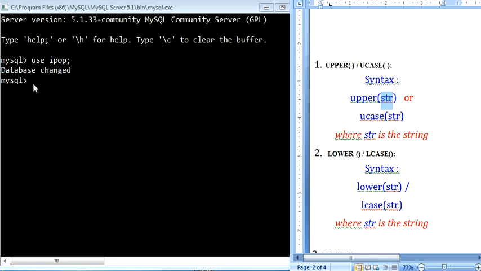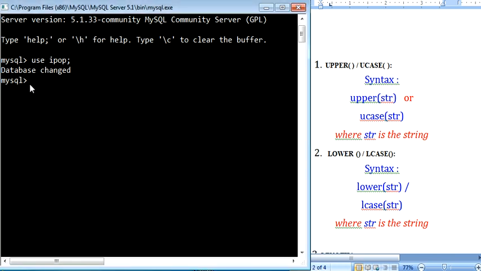Like how we have used the numeric functions on our MySQL, you can apply these functions directly on the raw data, or else on the table data also. So first we'll learn how to use these functions on your raw data, then we'll be using it on our tables. In order to use these functions you have to use the select clause.